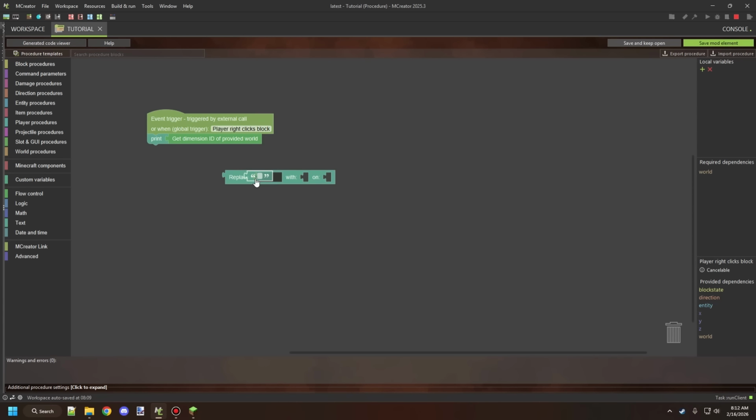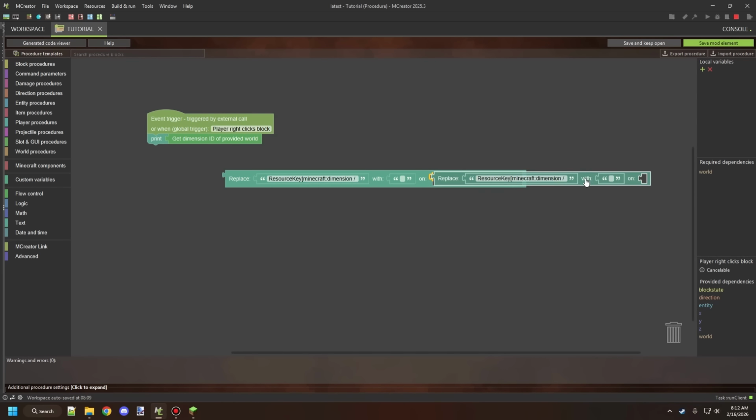So what we would do is we would go ahead and replace everything up to that space after the slash there, and we would replace that with absolutely nothing. It's no spaces or anything. And then for the last part, we would also replace the bracket at the end,